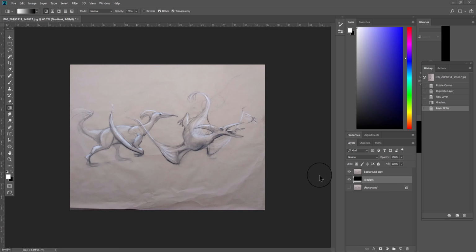To reveal the gradient, I'm going to delete some of the background copy layer so we can see the gradient underneath. To do that, there's a number of different tools we can use between Lasso, Magic Wand, and the Eraser tool. I'd like to show, first of all, the Magic Wand tool. If I click on that to select it,